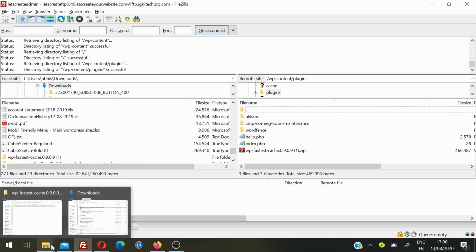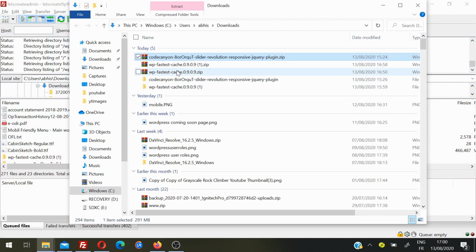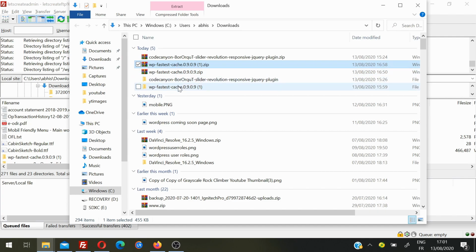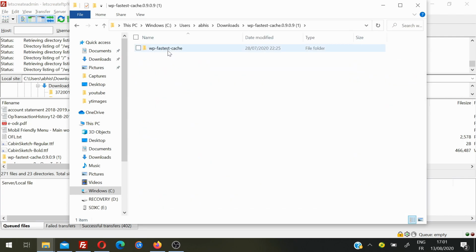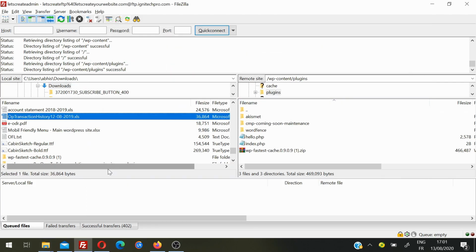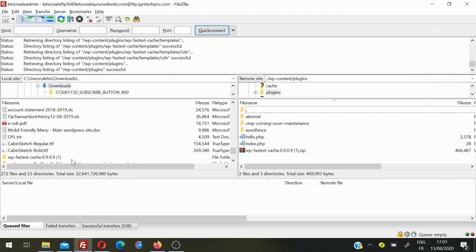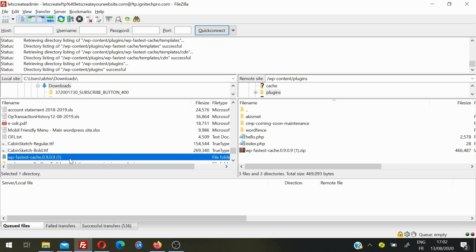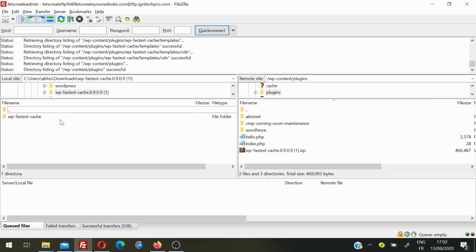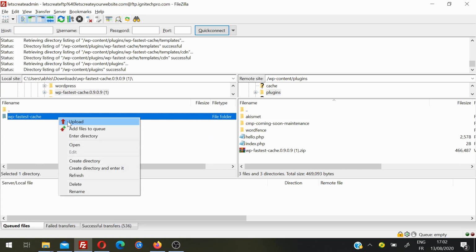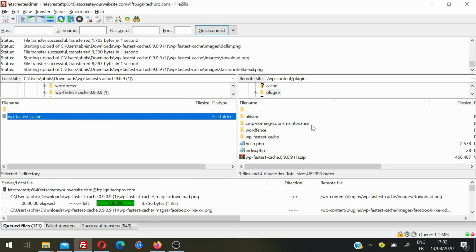So the plugin, this one, by FTP you need to unzip the plugin first. So this plugin I already unzipped here, this one, and I need to upload all this folder inside to my plugins folder on my website. So from here and from the left side, this is my local computer. I already unzipped the file, because via FTP you need to unzip the file. You cannot use a zip file via this method. So I unzip the file here, I go inside and I'll right click and upload all the folder inside my plugins folder.